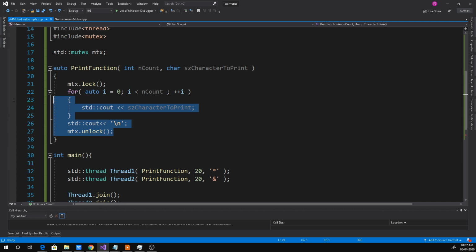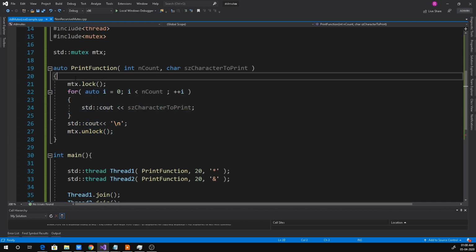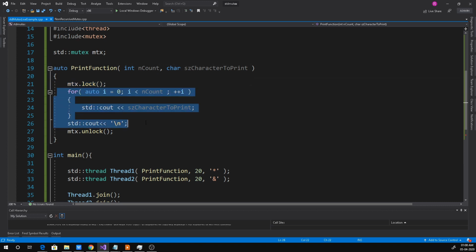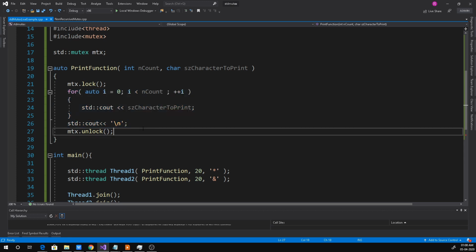Once the thread releases the ownership, the other thread which was waiting in mutex lock shall get the ownership of the mutex and start the execution. This is how synchronization is applied using std mutex and the desired output is obtained here.